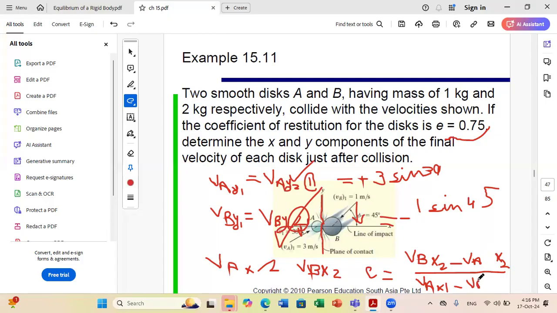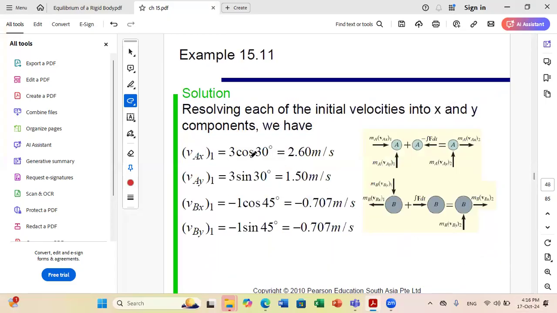The second relation, you can get from conservation of linear momentum in the X direction. If you apply conservation of linear momentum in X for the system A plus B, you get an additional relation relating VAX2 and VBX2. So you end up like the previous problem with two equations with two unknowns that will give you VBX2 and VAX2. Okay, so let us see together. First, you find components of your initial velocities by doing the projections. Then you say, if you draw the diagram, impulse and momentum diagram,